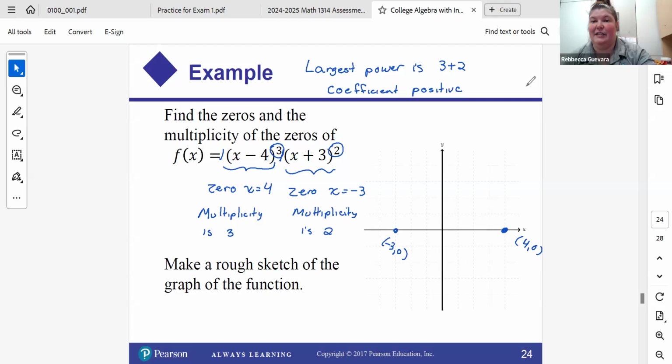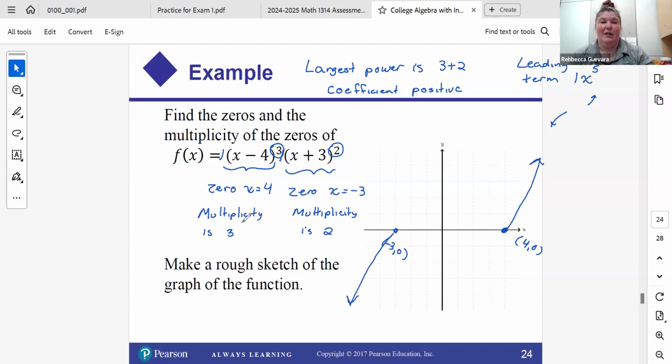So what we're basically saying is that my leading term, to avoid having to expand everything, is basically going to be x to the 5th, because I only have coefficients of 1. If I add up those powers, that's what I'm going to get. Okay. So what that tells me is that this long run behavior is going to be like this. So I know at the ends,